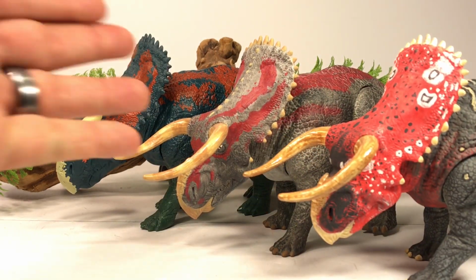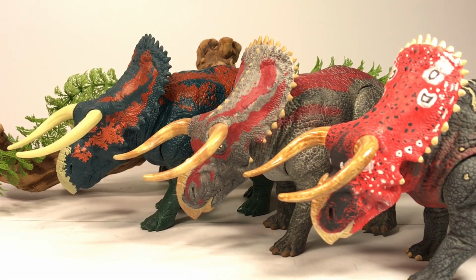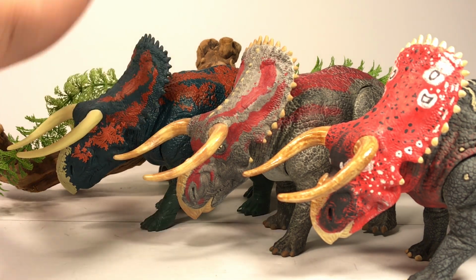This is a repaint based on what it looked like in Battle at Big Rock, and this one is based off some artwork I saw online. I'm actually planning on doing a Battle at Big Rock diorama. I'm currently repainting an Albertosaurus to look more like the film version. I actually got another Pseudoceratops that I'm going to resculpt the frill to make it look more like a female,